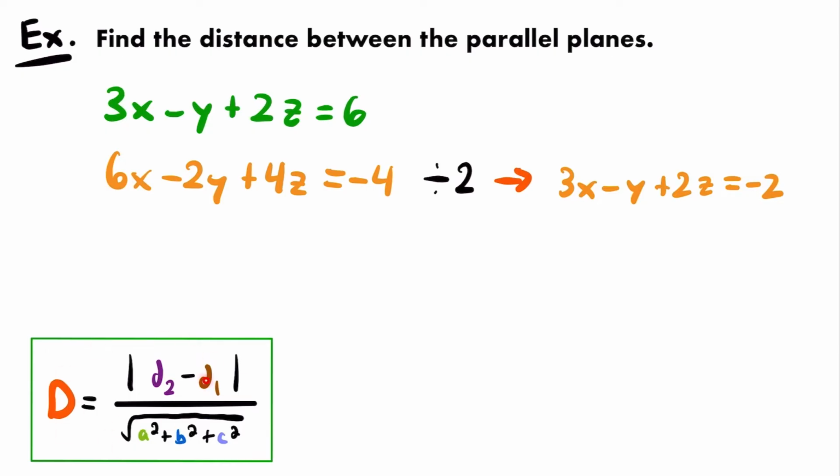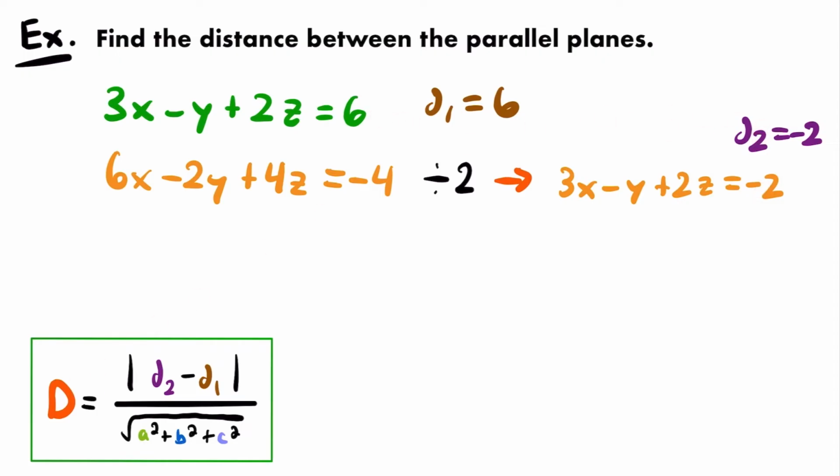Don't use this formula unless those coefficients of x, y, and z match up for those two plane equations. But now we can see that d1 will be equal to 6 and d2 will be equal to -2. Those are the values of d from each plane equation. And don't get caught up on which of these two values are d1 and d2. Even if you swap them, if you said that d1 was -2 and d2 was +6, that's not going to